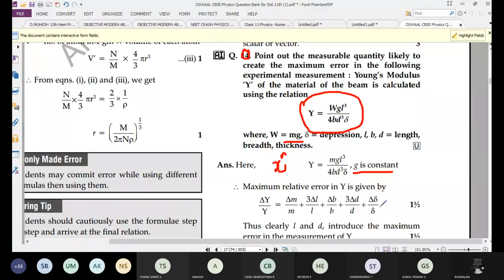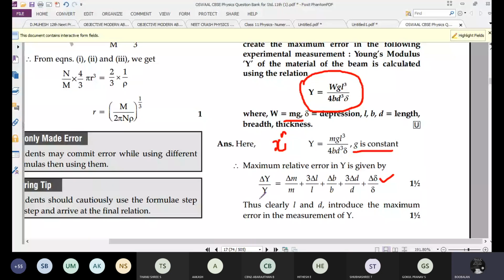Del delta by delta. This is also del only. This is a capital and a small del. Okay, so this is the format. You can write the entire equation. It is enough using the error formula in power. Why we are not using the G value: G is the constant. We know the value of G, 9.8 meter per second squared. So no need to use that formula. Del G by G, no need.